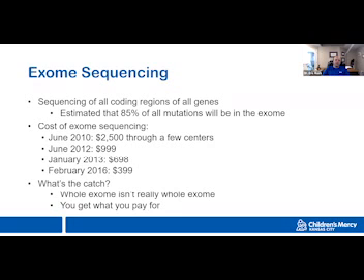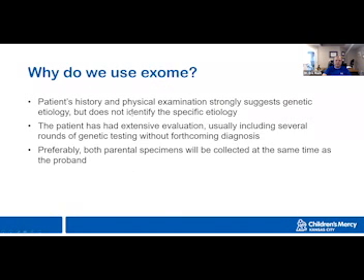And especially because the estimate was that most of the changes, the variants, will be in that area, in the coding regions, this would seem to be a pretty good deal, and it is. And so we started looking at this cost, and the cost kept going down. You can get exomes really cheap now, but what you're not going to get is a nice report from a $300 exome. What you're going to get is a flash drive with a bunch of data on it that you have to analyze yourself. And that's not ideal for most purposes, and it's not what we do clinically still.